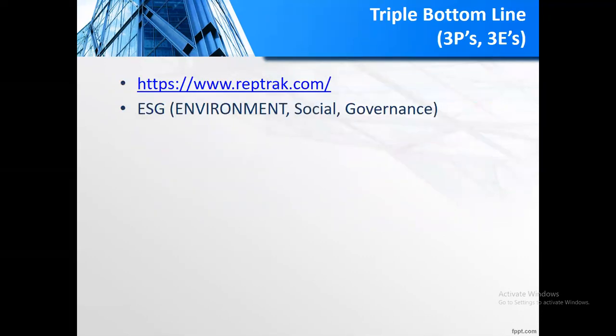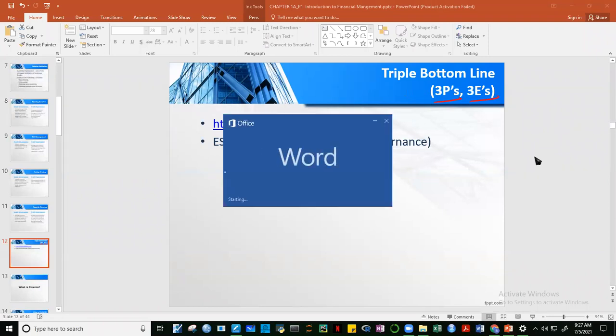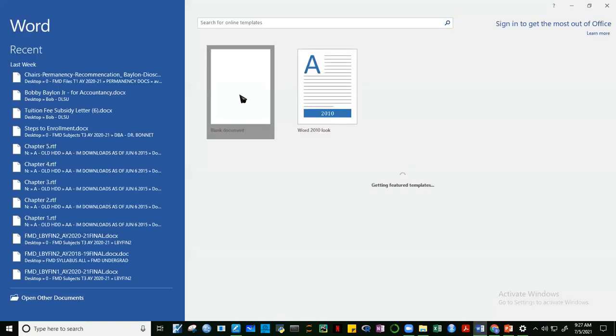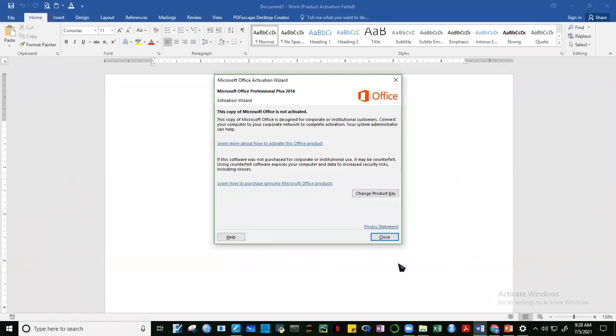Okay? Kaya nga sabi natin, guys, last time we looked at this, lumalabas ngayon yung concept ng triple bottom line. Okay, triple bottom line. I guess I'd better put this in Word na lang para sure tayo. Okay, what's a triple bottom line? This concept has gained popularity over the years. Pag sinabi natin triple bottom line, the focus should not only be on profitability. Okay, and the acronym for this